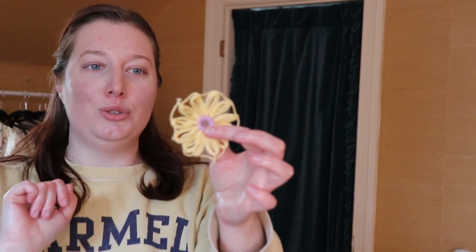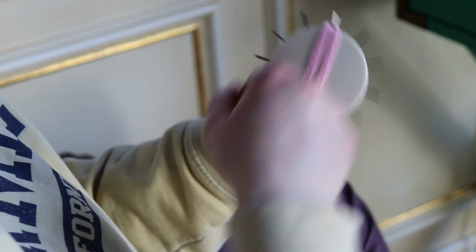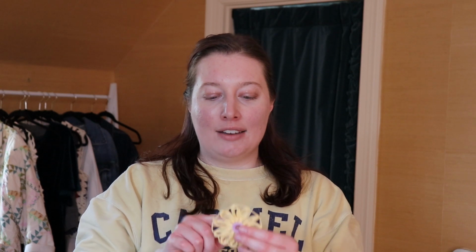Now that I have made approximately 30 to 40 of these bad boys, let me give you a few tips and tricks that I have discovered through trial and error, especially because I could not find the English instructions. These little petal areas, you don't have to go tight. You don't have to really pull and keep the tension on that yarn. I did that at the beginning. I thought that would make it look better for some reason, but all it does is kind of cause heartache